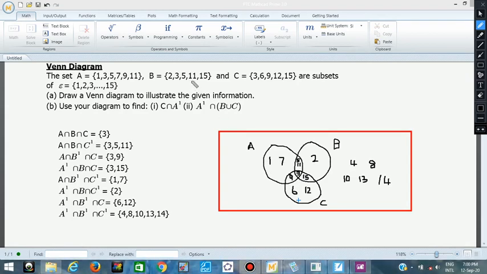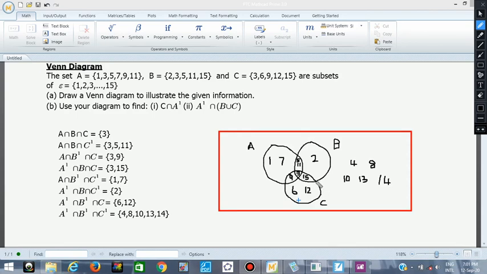Then if you look at only circle B, you will see that you have 2, 3 is also part of B, and it's also in A. 2, 3, see 5 is also a part of B, 11 is there, then 15 is there. You can see that it's making sense. Everything we have here is also present here. If you look at C, 3 is already part of C, which is this also.